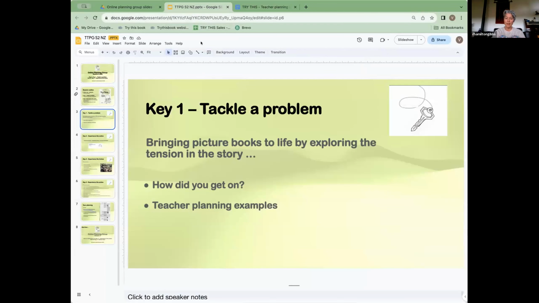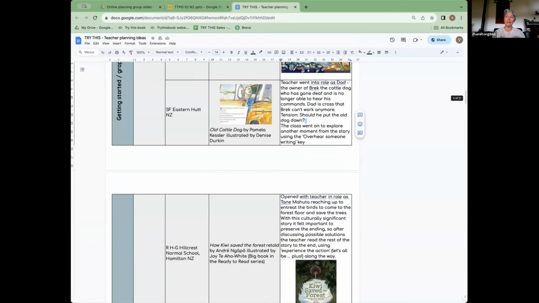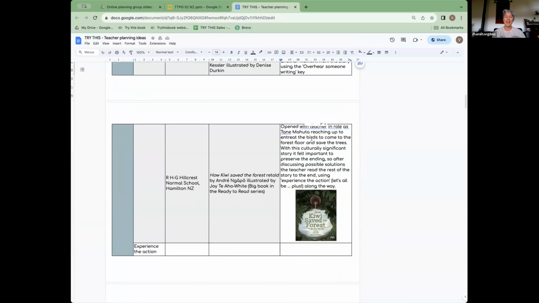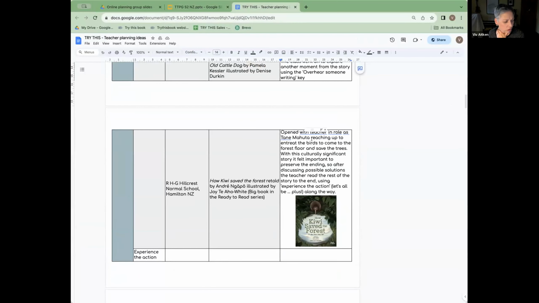So we explored the problem by I went into role to begin the story with over the dilemma that Tane Mahuta and who was the other one? I think it's Tane Hoka Hoka. Yeah, in that of the forest. Of the story. Yeah. Oh, there we are. And how they had a problem that they needed help solving, and